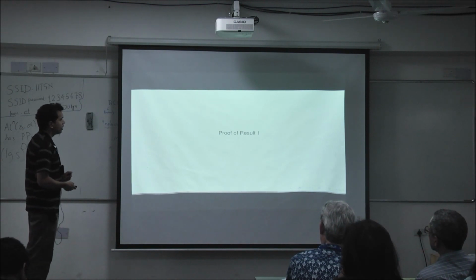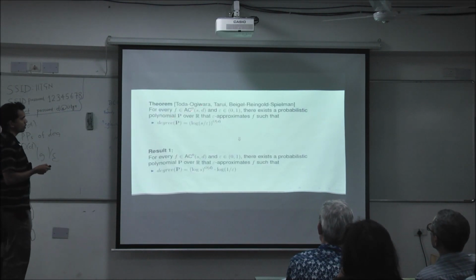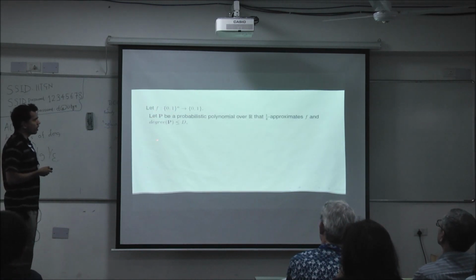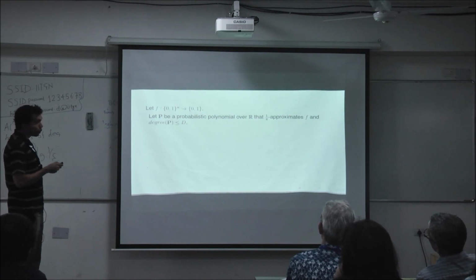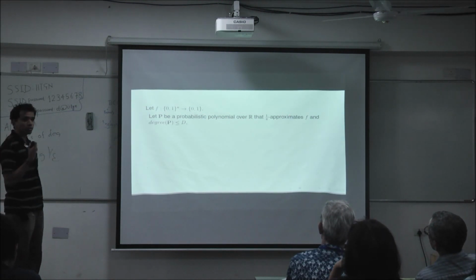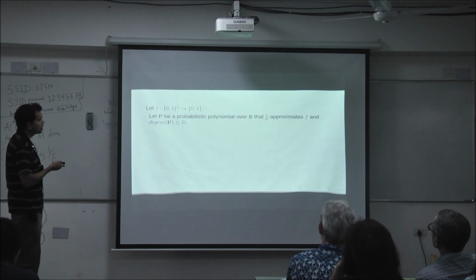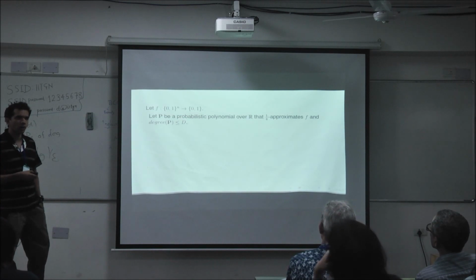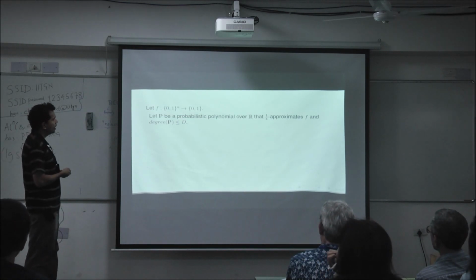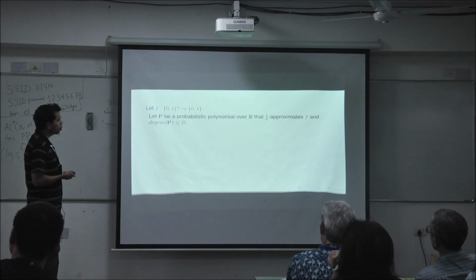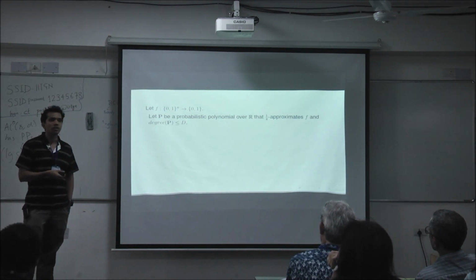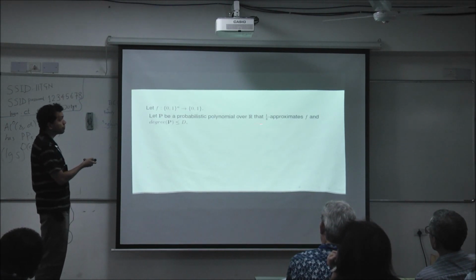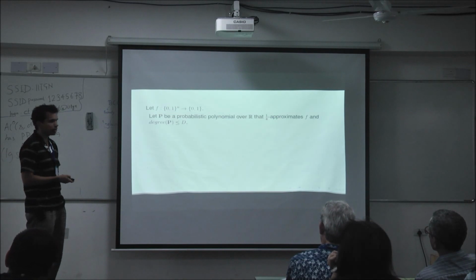So this is the result. Let f be some Boolean function, and suppose it has a probabilistic polynomial over the real numbers. It's important that it's over the real numbers. That's what makes this a slight technical challenge, but not much. It gets the function right on every input with probability 3/4, so it's off 25% of the time on every input, and the degree of this polynomial is at most d. Now what we want to do is convert this polynomial into another polynomial that makes error at most epsilon, so it's right with probability 1 minus epsilon.